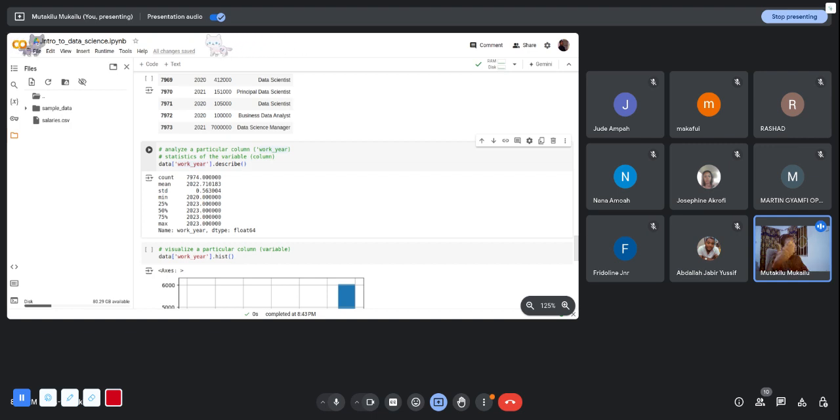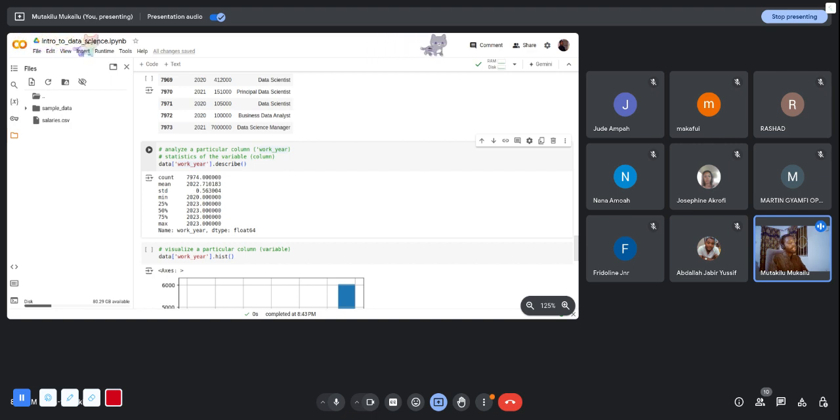2023. And mean simply means, I know we would have time to do statistics, but let me just come across. When we say mean, it is the expectation. Expectation in the sense that if you pick any job, you expect it to be of the year 2023, and it can vary by 0.53, which is like it can vary by half a year,